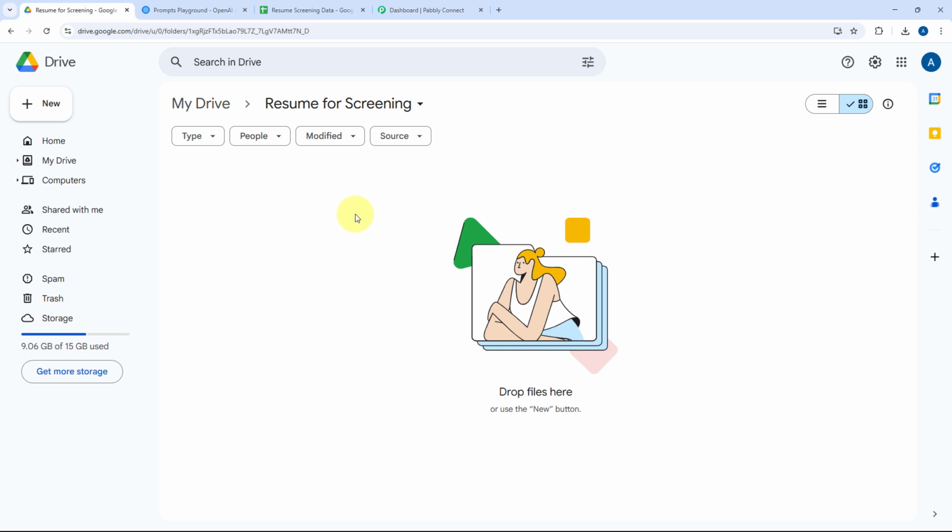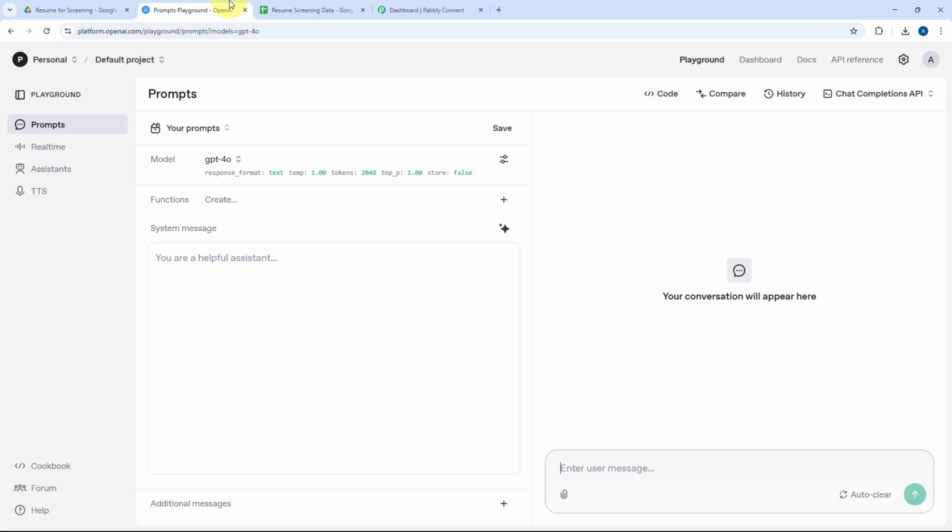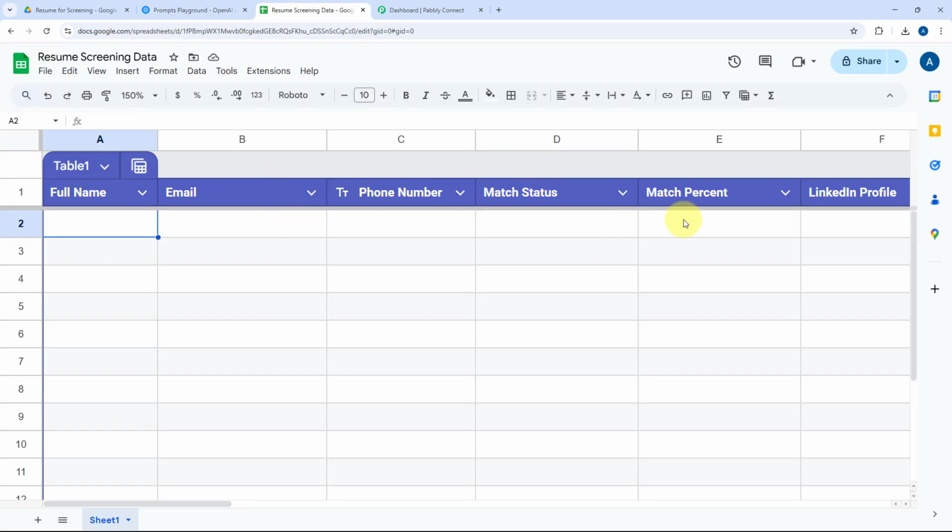Then after that, the AI agent will send the same resume file to OpenAI. And using OpenAI, we are going to extract the details from that resume of the candidate and match the resume with the job description. And after matching the resume, we're going to get two responses. Either the resume matched or not. We are going to get that response from OpenAI with the resume details, the extracted data from the resume, and also we are going to get the match percentage. And after that, we are going to add all the extracted details, with the match status and the match percentage